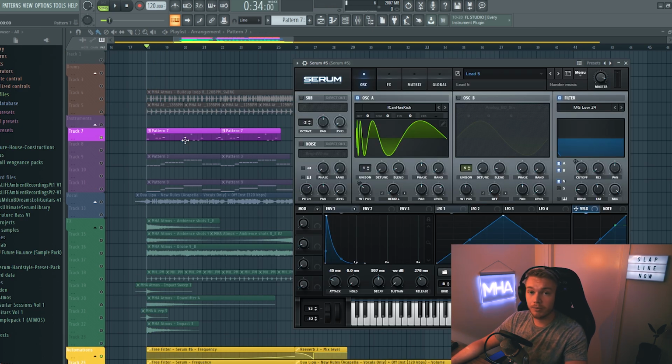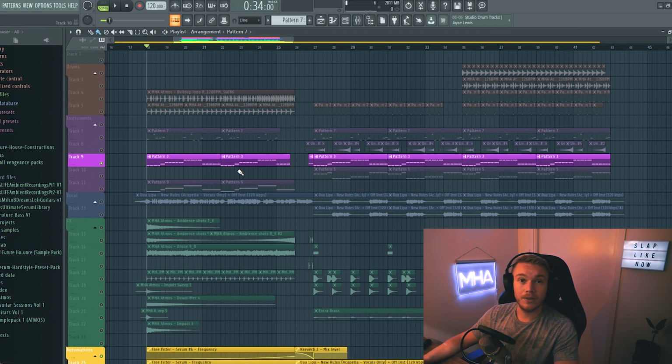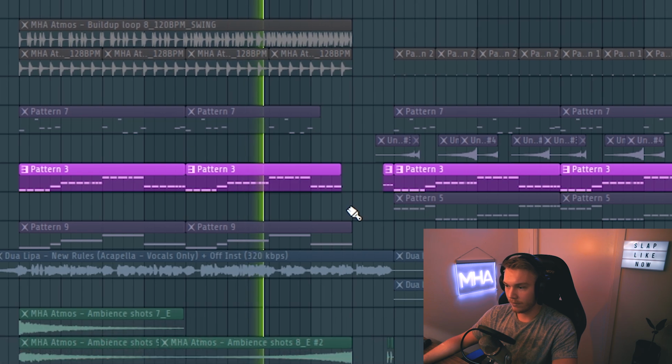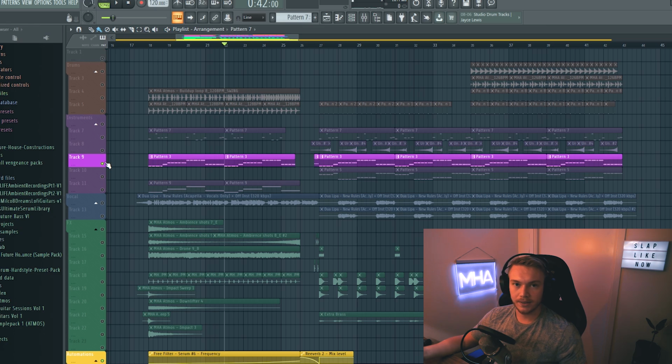Moving on, we have this lead, which is a preset from Nanda's sound bank. I'll get more into the processing of the leads and the bass when we get to the drop. Next in the build-up we have the drop bass actually coming in, and it has a few automations to it. So it actually has both a high pass and a low pass filter on it right now. And it kind of comes in gradually. And it kind of just helps the listener to anticipate what's coming. It's a really nice thing to do in Slap House, where you have the drop bass actually come in the